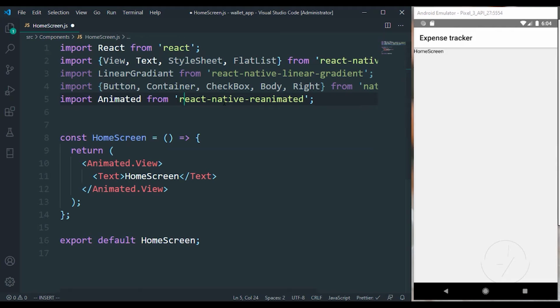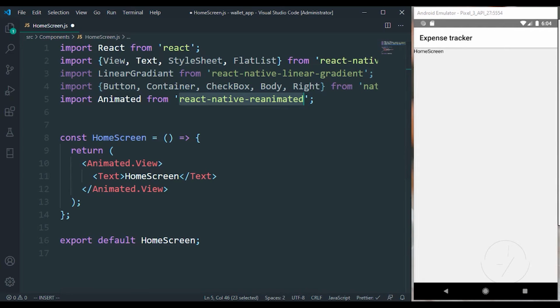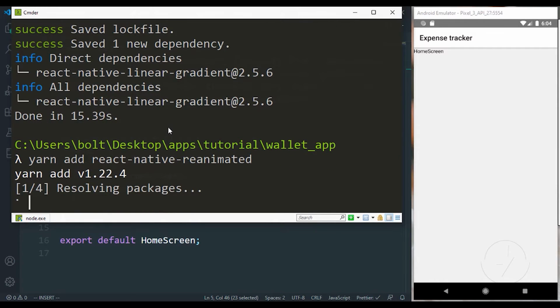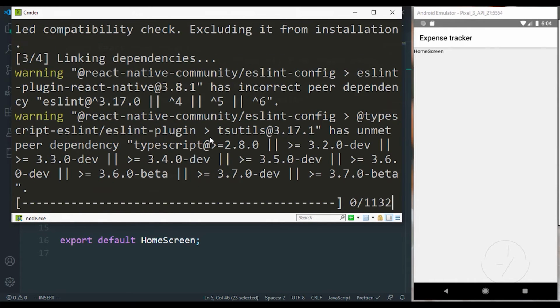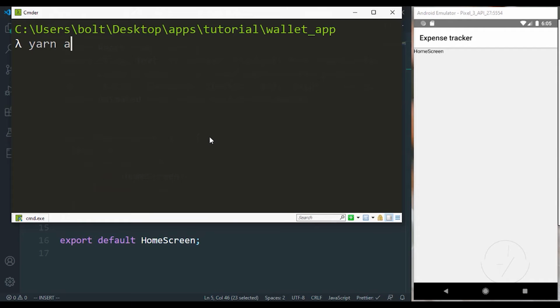Like I said, we did not install this. I'm just going to grab it, copy that, open our command line, and now we can paste that, use yarn add, and let's just give it a couple of seconds to add. So we have that added. I'm just going to quickly clear that and run yarn android.